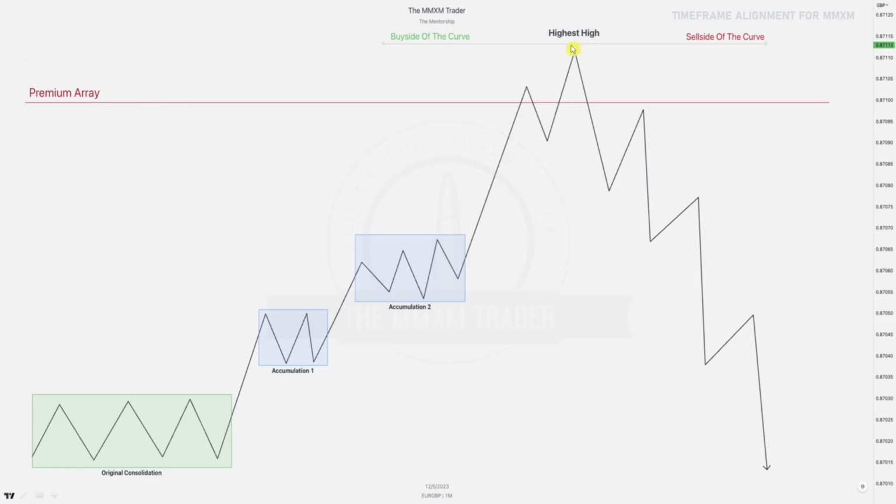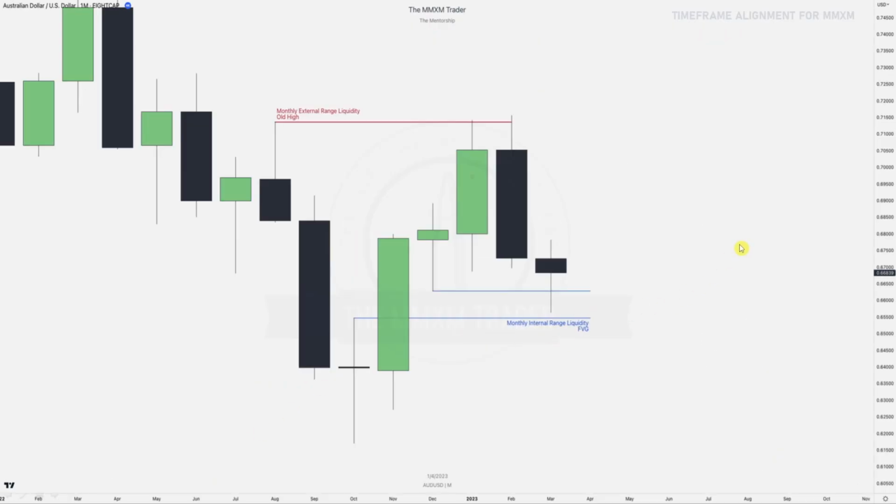And then we have this highest high, confirming sell side of the curve after we break structure and hitting that key level, and then we can start to look for sell opportunities and then completing this market maker sell model, liquidating this original consolidation. All right, so we've got an Australian US dollar monthly chart, and again, keep thinking about